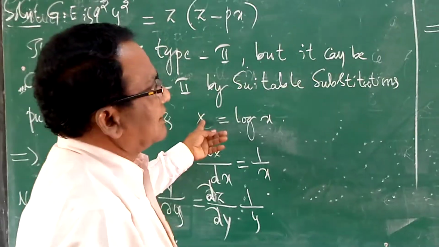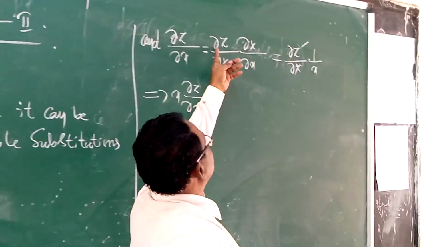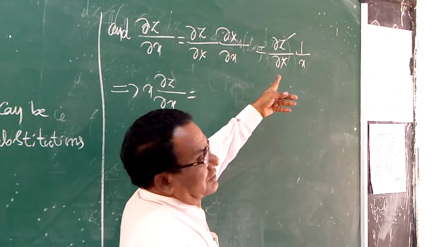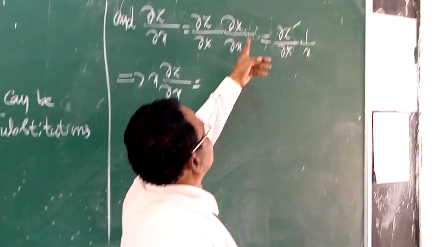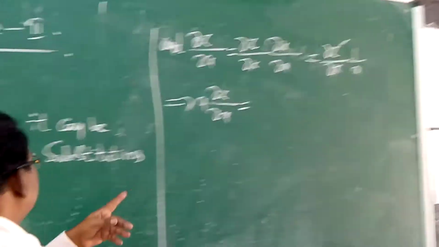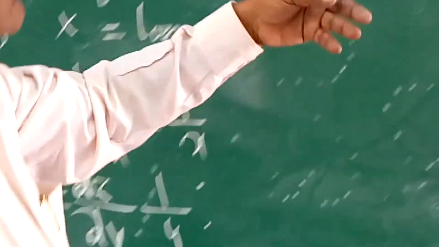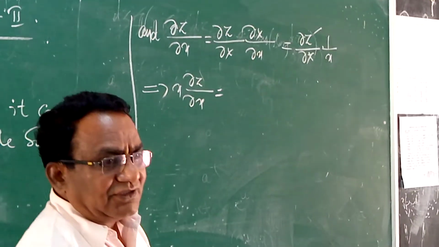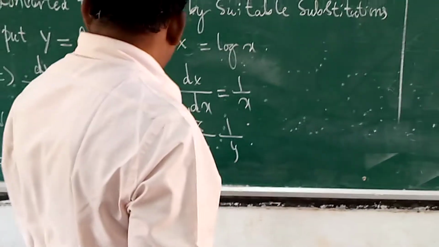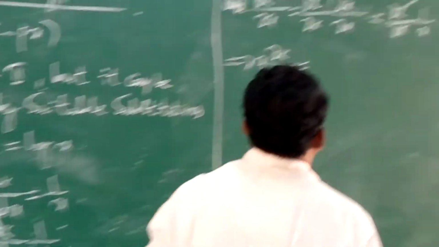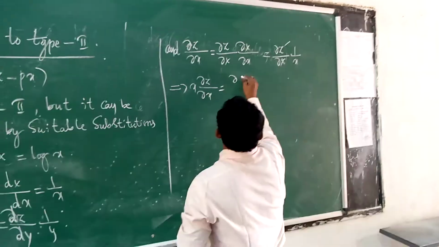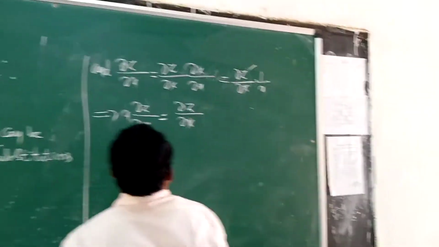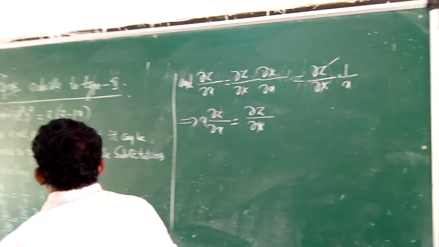Z is a function of capital X, so you can write dou z by dou x equals dou z by dou capital X into dou capital X by dou small x. Dou capital X by dou small x is 1 over x. So transferring this x to the left-hand side, x into dou z by dou x is equal to dou z by dou capital X. Now the given equation can be written as,